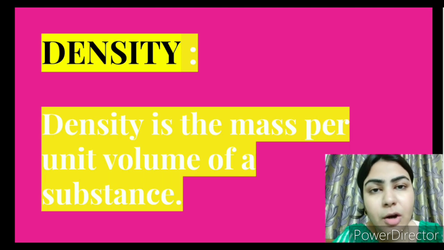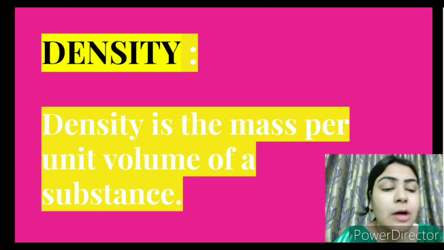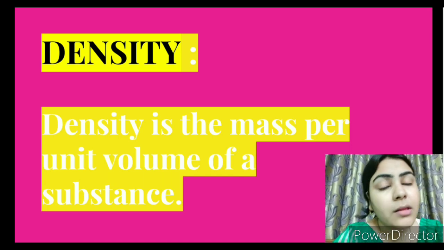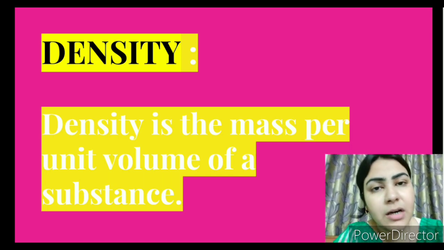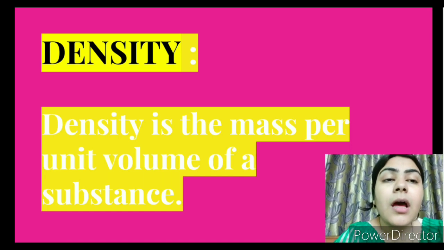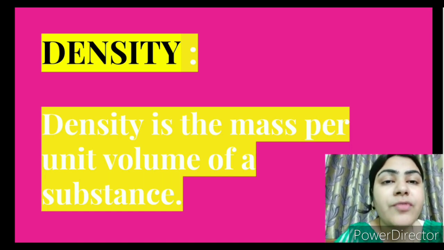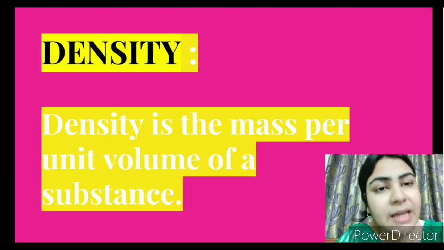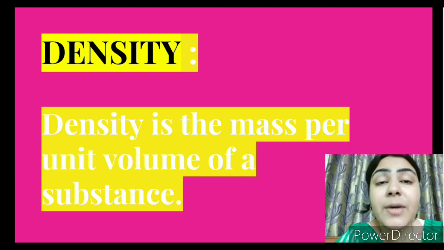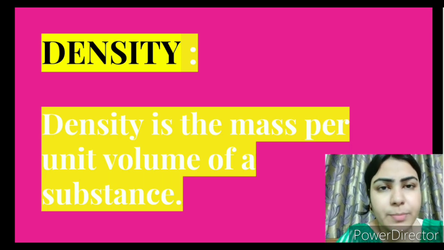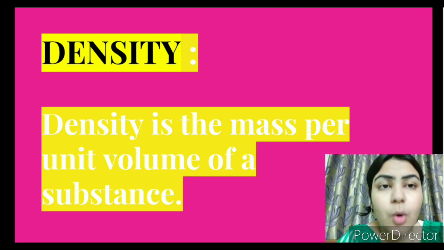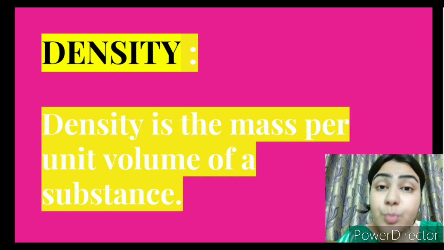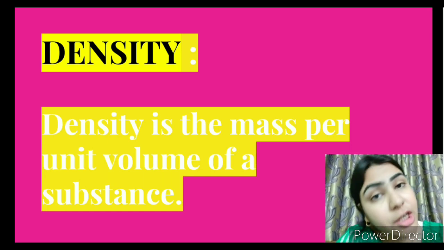Suppose you take a parking lot. On Monday, the parking lot has space for 50 cars. Now on Monday, let's say out of 50, 30 cars were parked. But on Tuesday, only 10 cars were parked. So what will happen? On Monday, the density is more than the density on Tuesday.